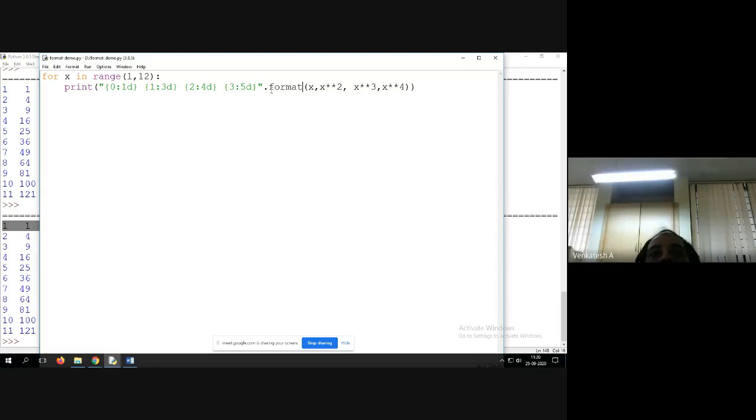So the whole purpose of using the format function is to decide how many digits of spacing you need to leave. Then within the format function, we can substitute the expressions. We can use the repetition factor like this within the format function.